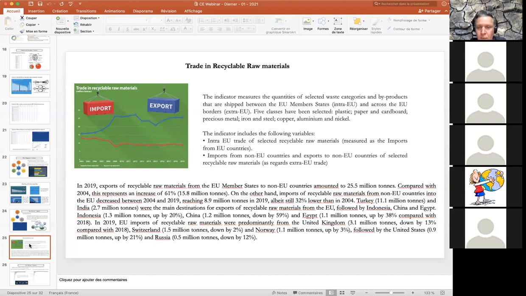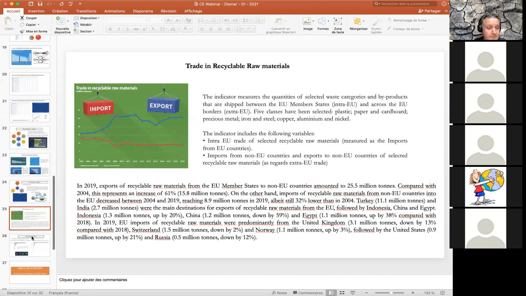If you check, for example, the countries which receive the raw materials or the trading, Turkey starts to become the first partner of Europe. Same for Indonesia, China, and Egypt. And if you just cumulate the numbers from Indonesia, Egypt, and India, you have the number of China. I mean, when I say we reduce connection with China about waste, we try to reduce the connection with China about recycling raw materials. So it's a strategy too that we design.